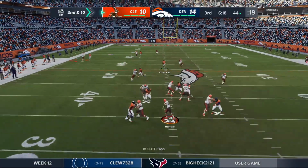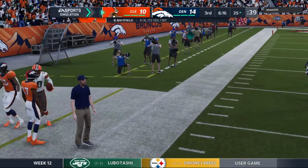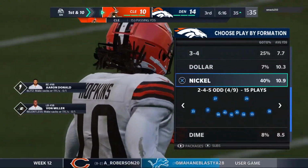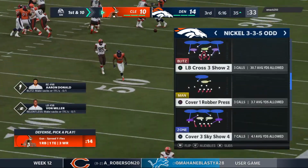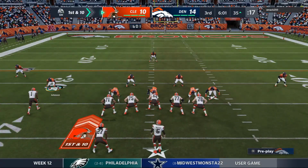Mayfield looks to throw. Caught left side, Hopkins. He will go out right near the 35-yard line. A gain there of 21 yards. First down. If you're going to blitz, likely going to leave you in man coverage with this guy, and that is less than ideal. It is, because